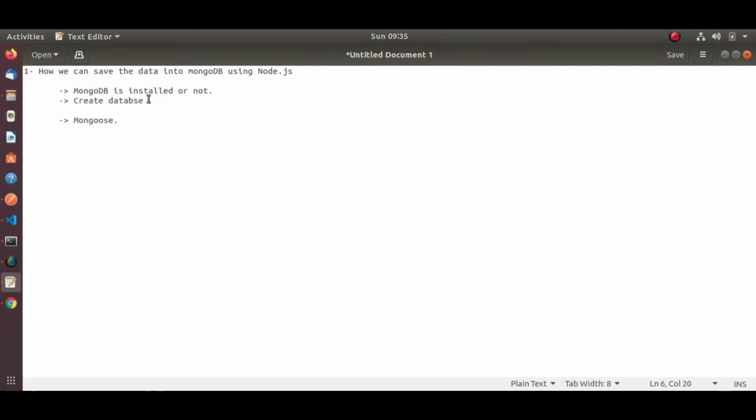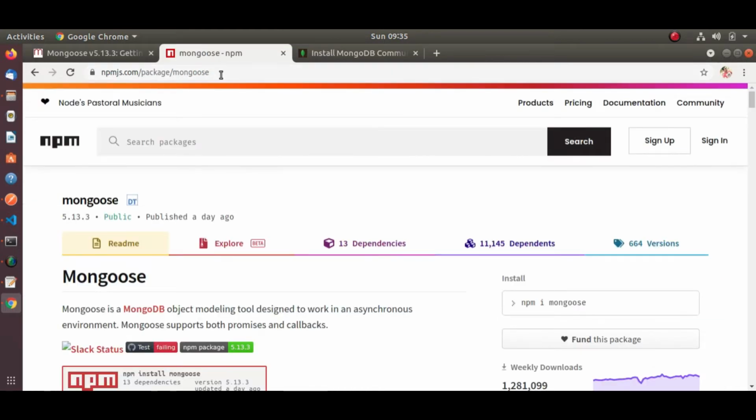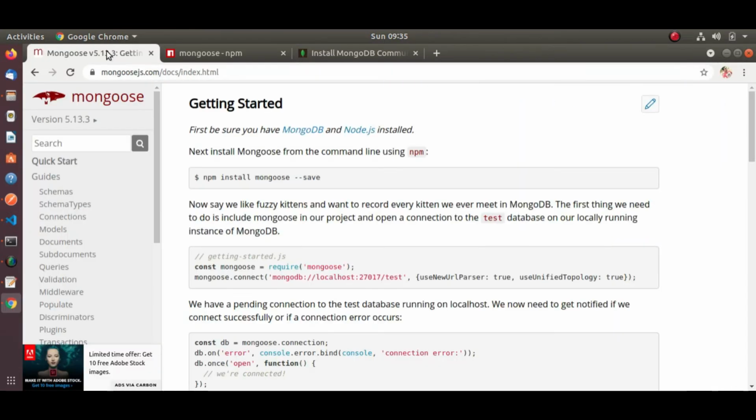Let's go to this Mongoose home website. This is the one. I will add all these links into my description box. Here we have to first install the Mongoose module. Let me copy it.